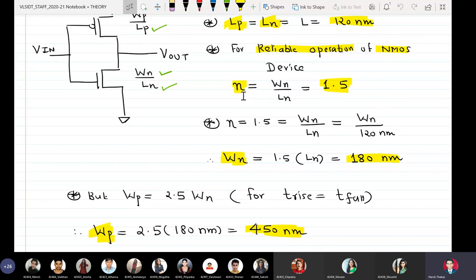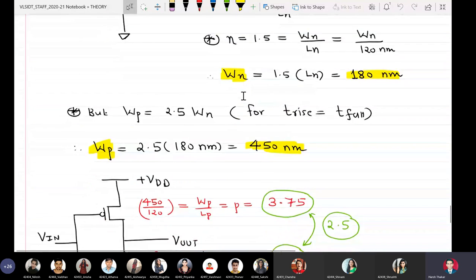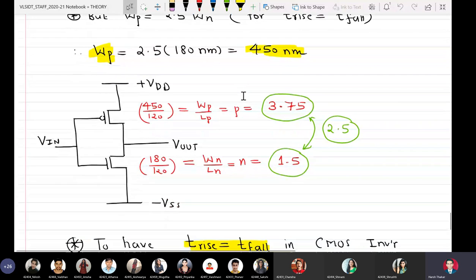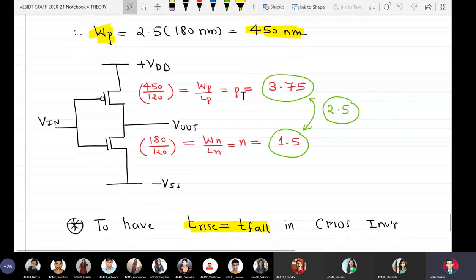Wn was calculated as 180, so Wp came out to be 450 nanometers. And then the solution of the numerical was given by writing the widths and lengths of the MOSFETs. So we had noted here that the size of NMOS is 1.5, the size of PMOS is 3.75, and the